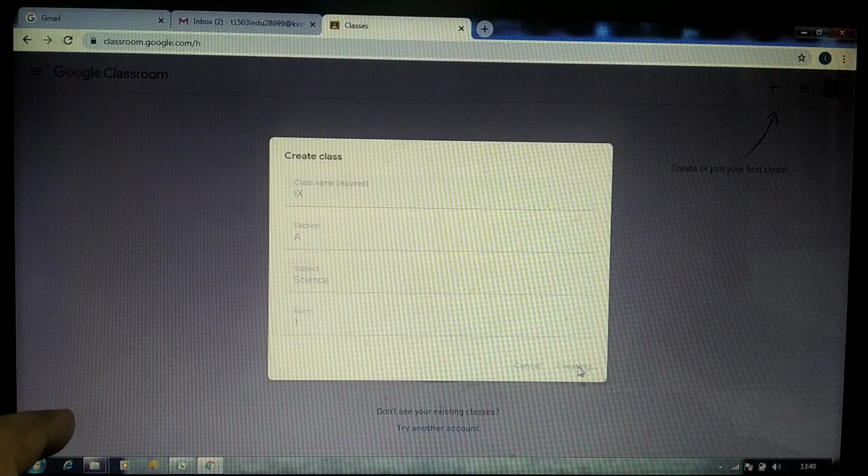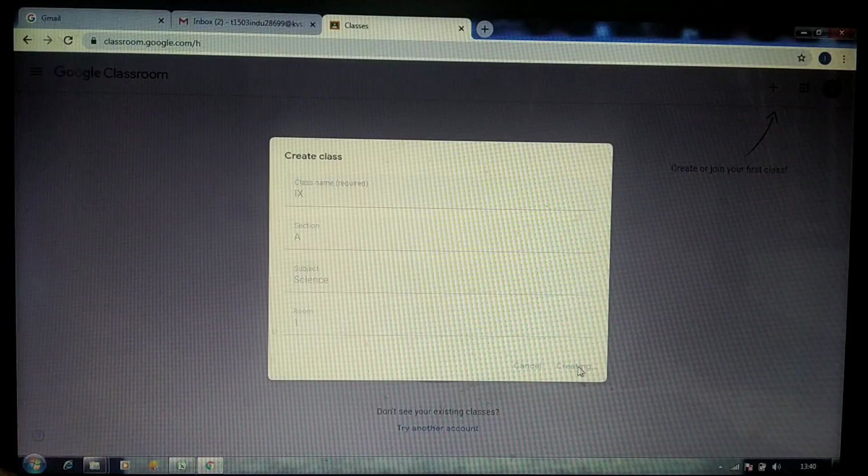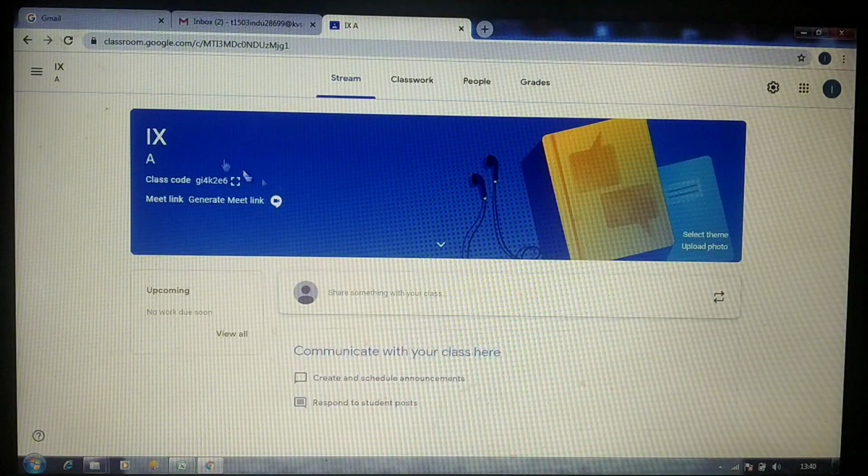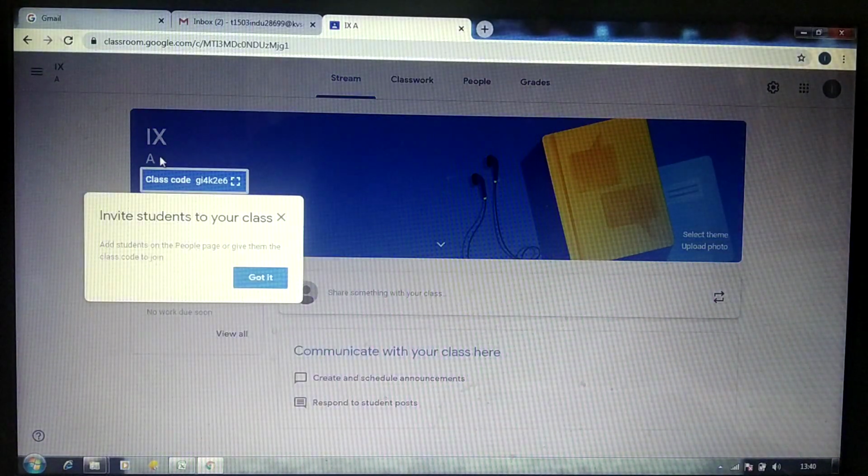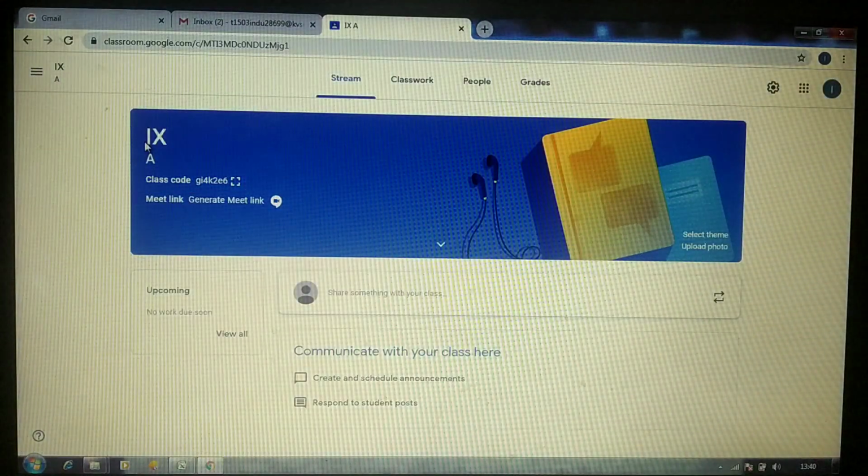So once I press the button, here if you observe, 9th A, the class code is generated as well as the class is created.